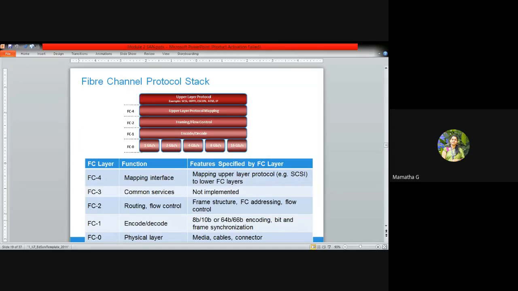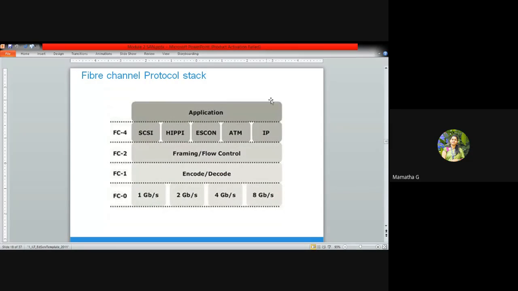Okay, in the last class, we were seeing the fiber channel architecture. As I told in the last class, in fiber channel architecture, we'll study the protocol stack and addressing. We'll study just the overview of how the protocol stack appears and how the addressing process carries on. In the last class, we saw this diagram where the stack consists of FC0 to FC4 layers, that is overall 5 layers. But in this, FC3 is not implemented for your fiber channel.